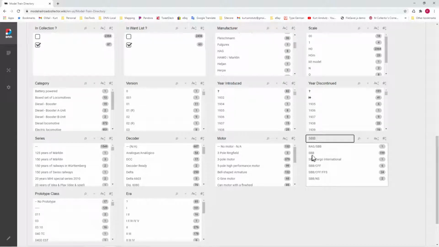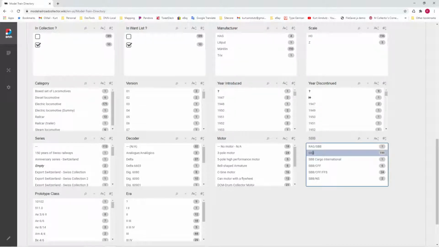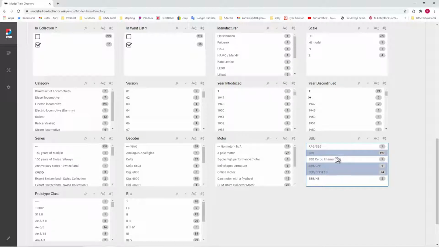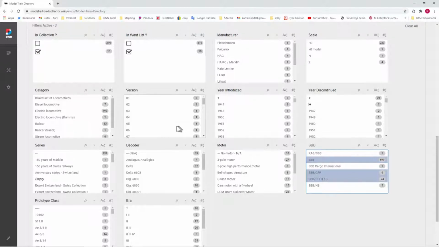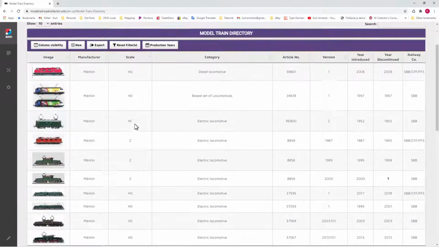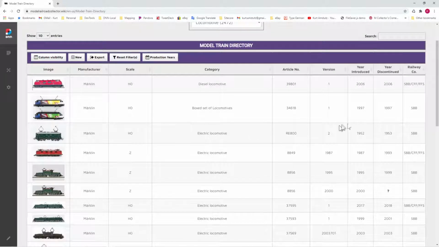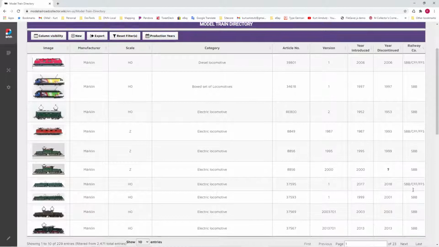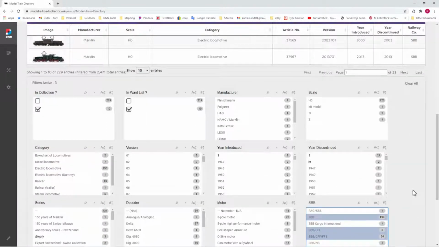Let's say we want to show all of the SBB, and if I hold down Control, I can show all the SBB, CFF, and FFS. So now I'm showing three groups of SBB, and up here they're all there. You can see that it's a mixture, but they all have SBB in them. Okay, so that's pretty slick.